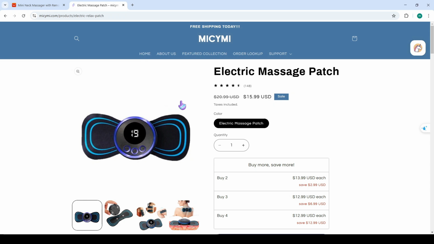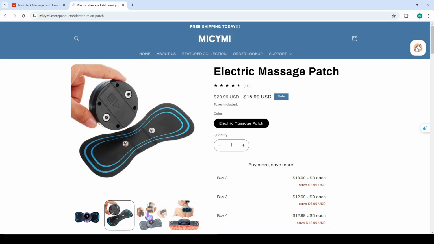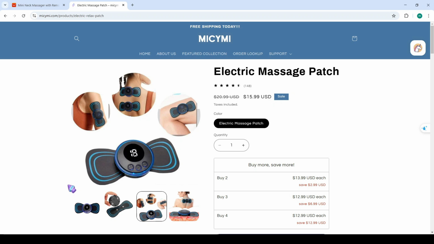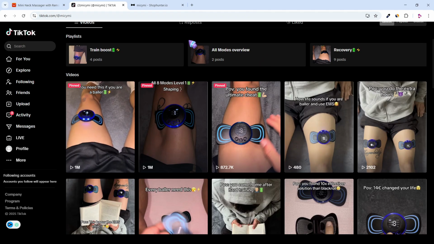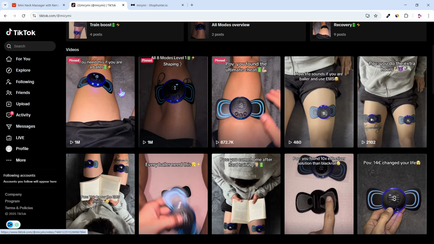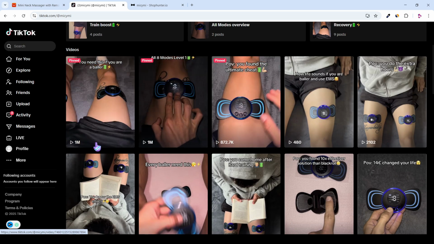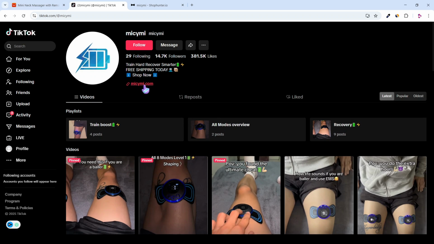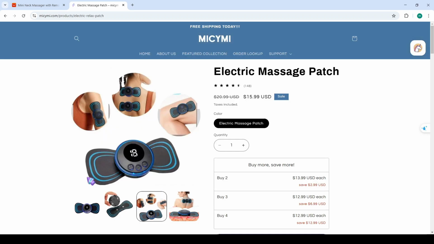This store operates using the dropshipping model and sells this product, which is a winning product that generates very good sales. They have a TikTok account and rely on content creation to sell this product. They create videos daily with some videos reaching millions of views, and they have placed the store link in the bio. As soon as customers click on it, they are directed straight to the product page, where they can complete